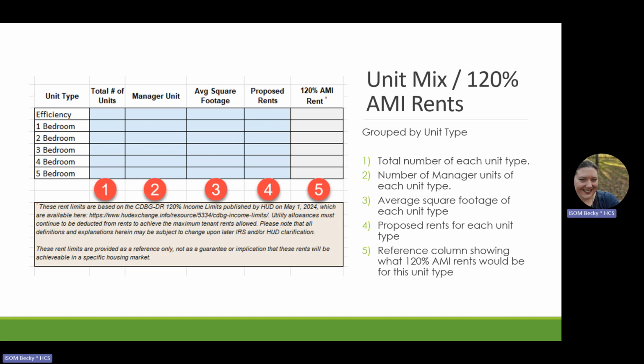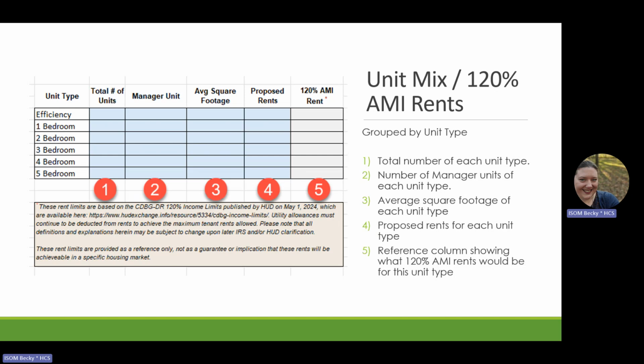The unit mix summary is very high level, assuming that all units of a specific type are being charged the same rent. Column 1 on this slide is the total number of units of a specific bedroom count. Column 2 is the number of manager units of that unit type, if any. Column 3 is the average square footage of the various unit types, and